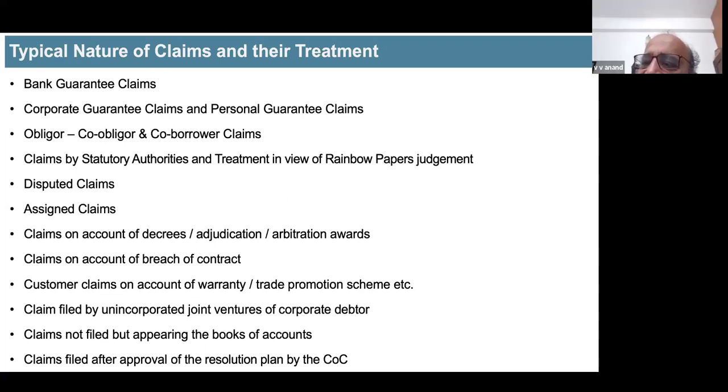But that jeopardizes the way normal bank functioning works, where they assume that once their documents are signed, they get the prior hold on the assets. Based on that understanding, they proceed. That understanding has always come because of SARFAESI. Now under IBC and after Rainbow, that understanding has undergone a change, sir. So you're right, what you're saying, sir, but that was only in respect of SARFAESI.